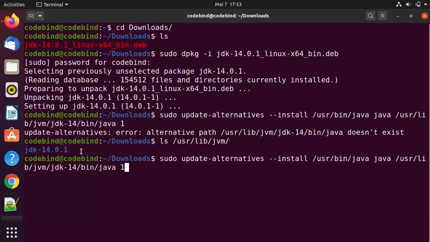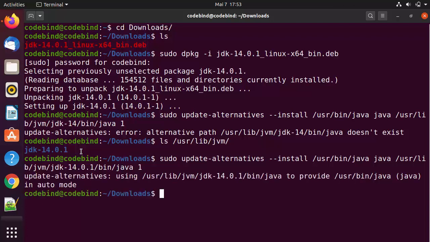I will give this alternatives command once again, and here I'm going to replace this jdk14 folder by the folder which is created by the JDK for us, which is jdk-14.0.1, and then press enter once again, and it's going to give you this output, which is fine.